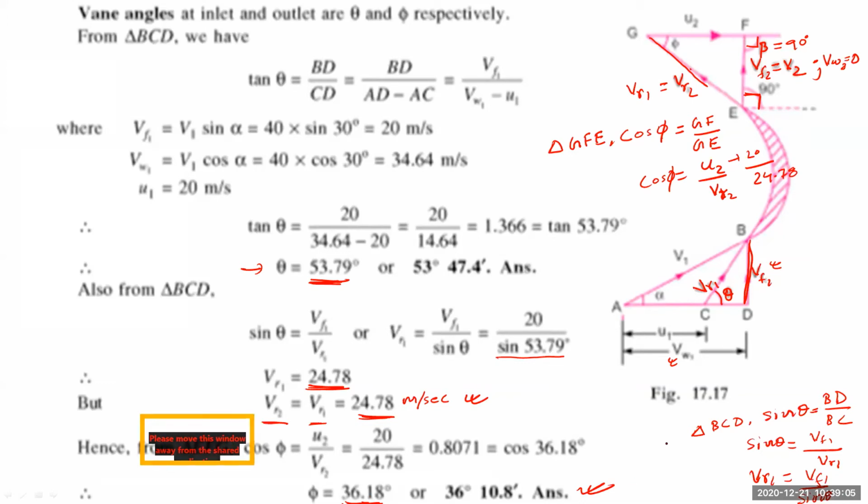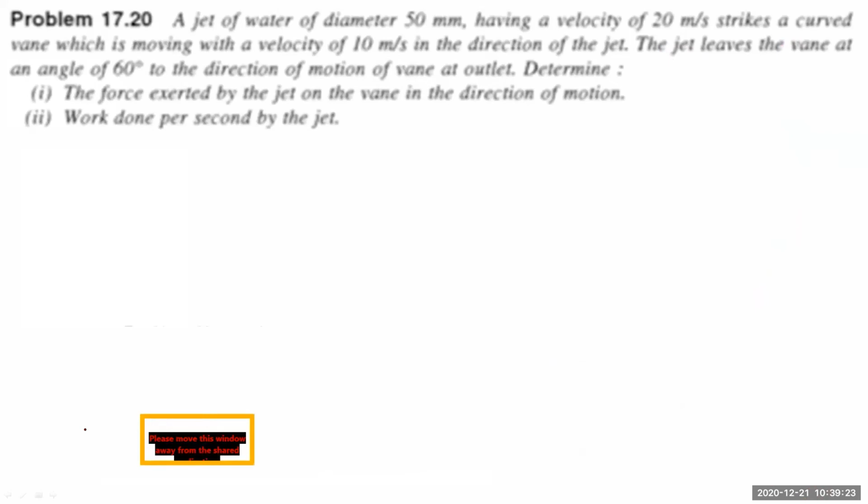This is a very important numerical, so keep this in your mind. Normally this type of question is asked. I hope it is clear to all of you. Now we will see the next question, when beta is an obtuse angle, meaning more than 90 degrees. For this case, how will we solve the numerical? First we will see what is given in the numerical.